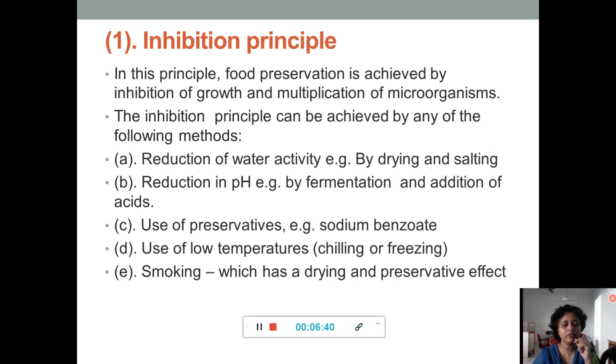Then next, another principle that we can use is smoking. Here it is a drying and a preservative method. In olden days, when fridges were not popular, people used to use lots of meat for their food. And I do remember a situation in my house where my grandmother used to smoke the meat. We prepare the roast of the meat, and this meat is always kept on top of the